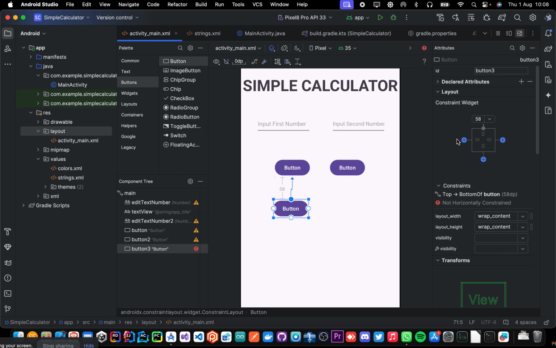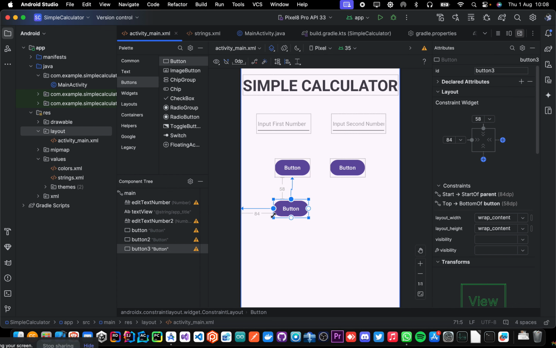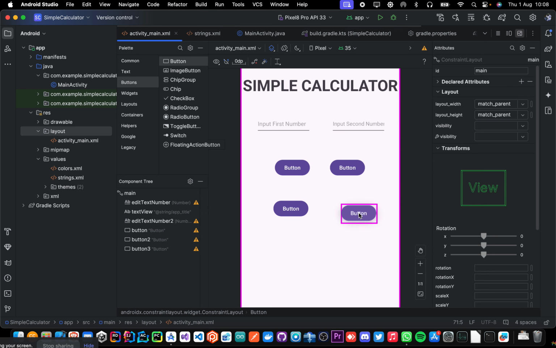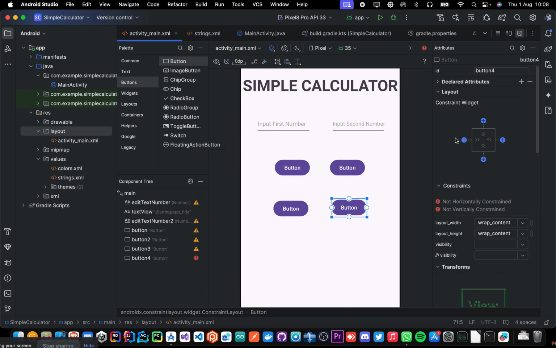If I click on the left side here, and the bottom down here, it will constrain it to the bottom. The right, it will constrain it to the right. So if I click on left, you can see it has constrained it perfectly on the left. So you don't have to keep dragging and trying to find the perfect spot. You can just drag your view, and if you see everything matching perfectly, you just release it and then use